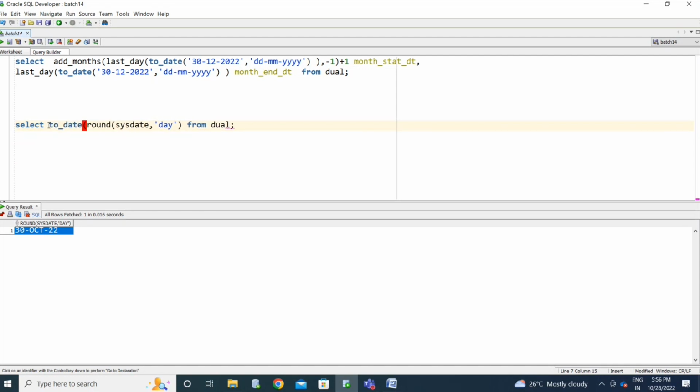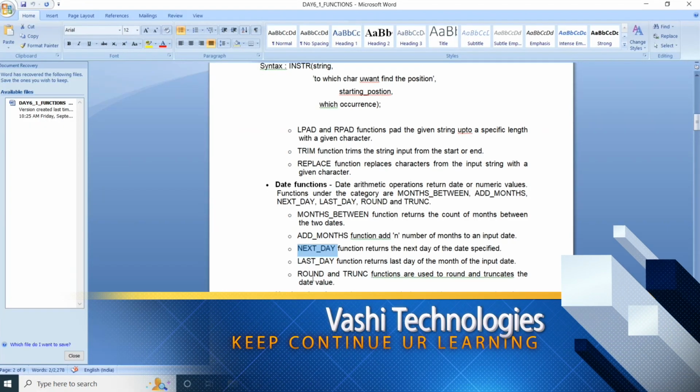So you are saying you need to display what day the 30th October is. Yes. You can use the to_char function, and you can simply mention day. Okay. It's a Sunday. 30th October is a Sunday. We are done with the date functions.